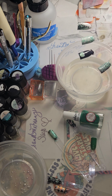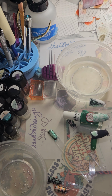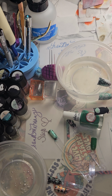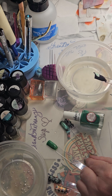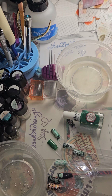So if you're doing something like I said on a white background, then you will get the contrast, the pop of the shade, because these are a darker shade. So if you're doing it on a darker shade and you just want to see the white part, well, did I do one? Oh, I need to do one. I need to do one, and I'll come back and do another video later where it's just over dark. You won't see the image when it's